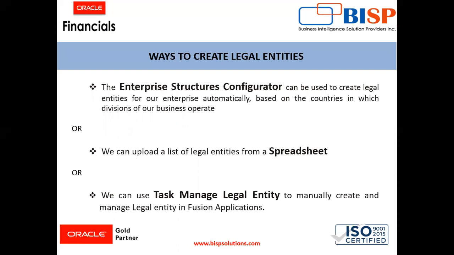In this, you will have to first identify all the countries in which your enterprise operates. The application opens the map division by country page, which contains a matrix of countries you defined. You will have to select the check boxes where your enterprise and divisions intersect with the countries to identify the legal entities that you want the application to create. In this way, you can create the legal entities and identify the number of legal entities required by your enterprise.